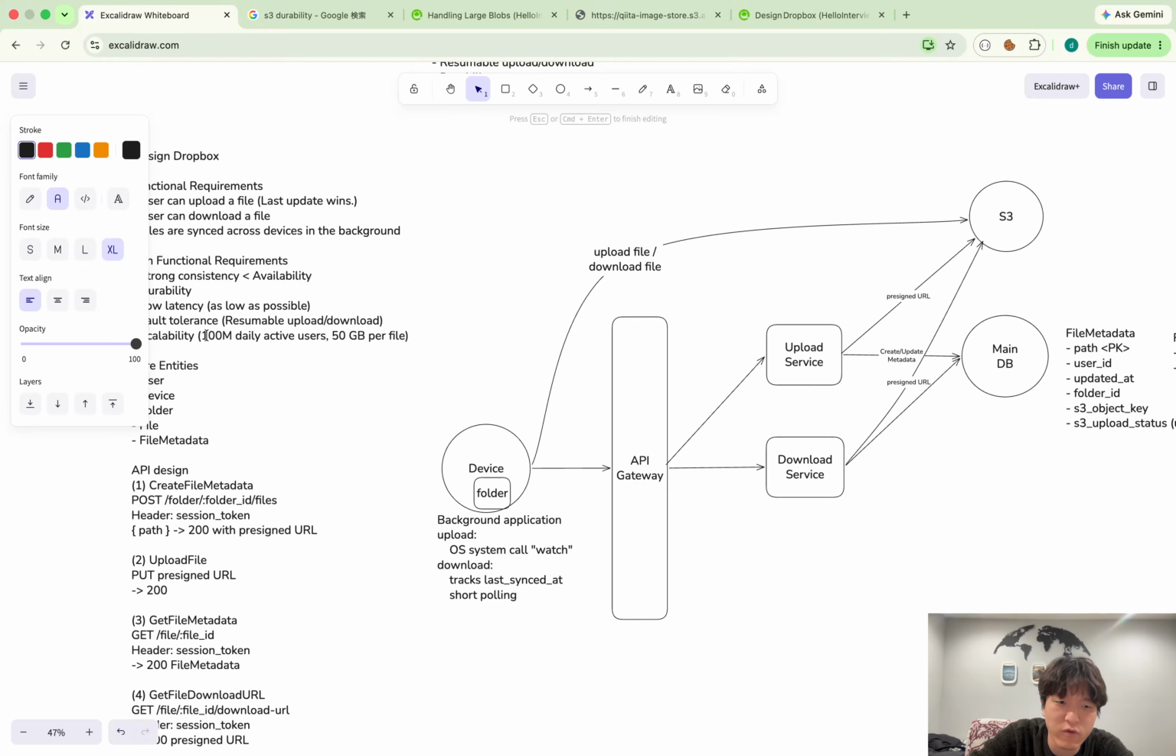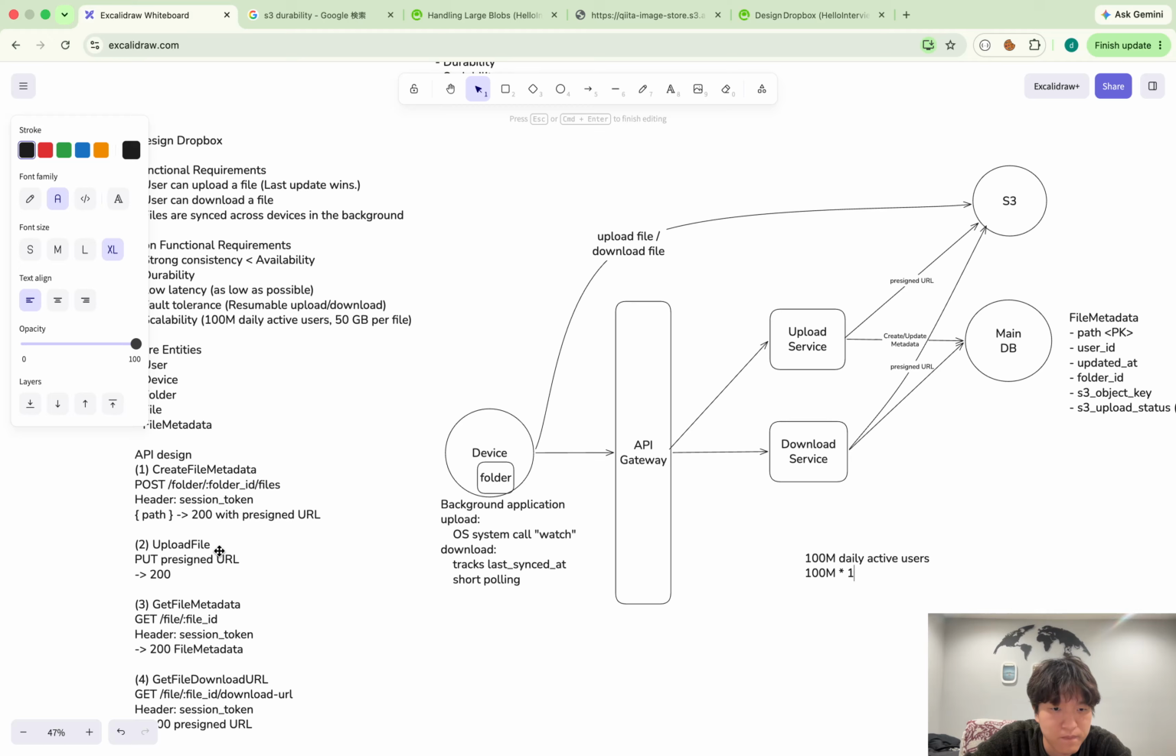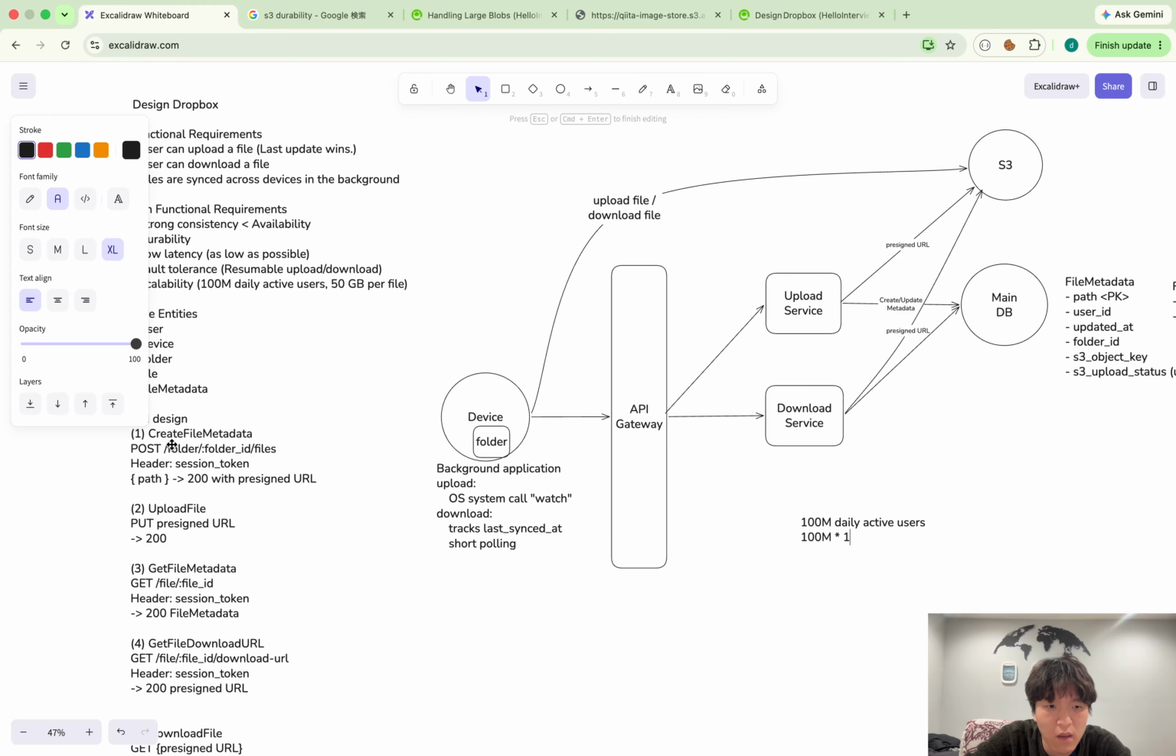So I will start with the throughput. Because we have 100 million daily active users, let's assume each user has one device. So there are 100 million devices, and we have some APIs: create file metadata, upload file, and so on. I will talk about the first three. Okay, so I will discuss especially the get file metadata API